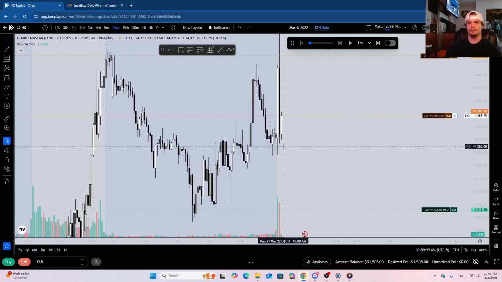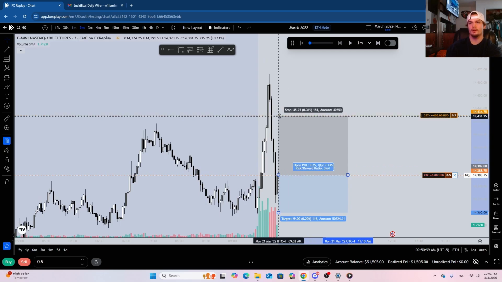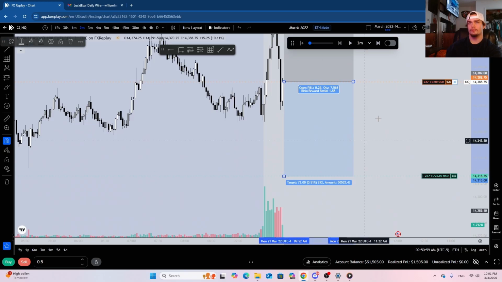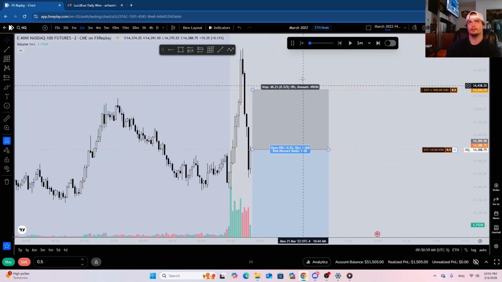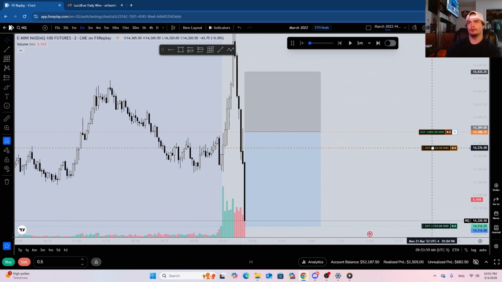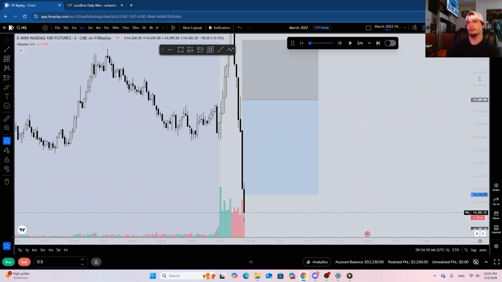I never like to put my TP right at the lows, simply because a lot of the times we'll either form an SMT or price will just edge it for some reason. So this is going to be a heavy stop loss play. That's why I de-risked. So what do we got here? Like a 45-point stop. We will most likely see some sort of retracement before we continue lower, but or not. Okay, at this point, I'm going to be trailing to a winning day at least. Heavy displacement, and we get it.